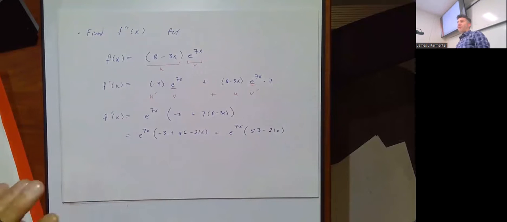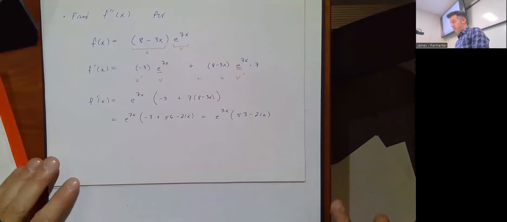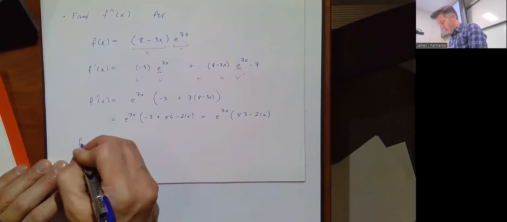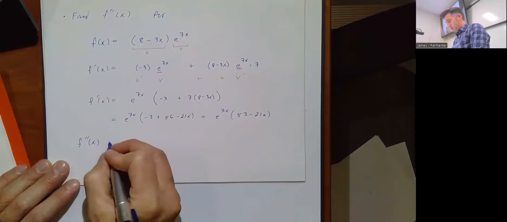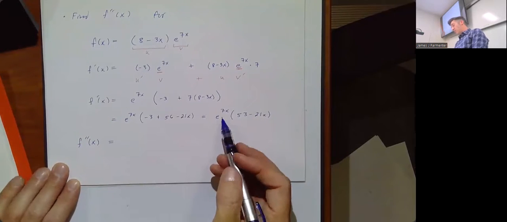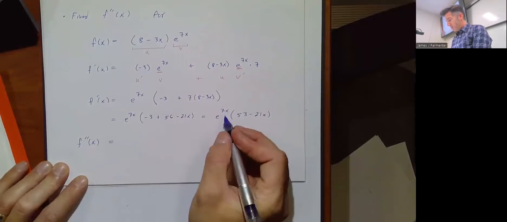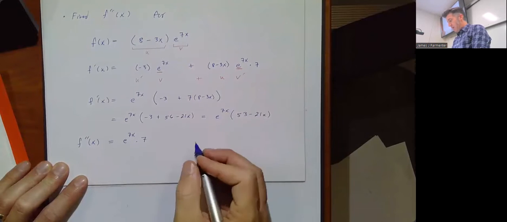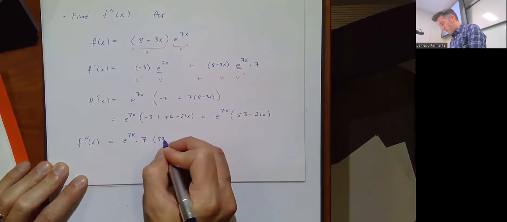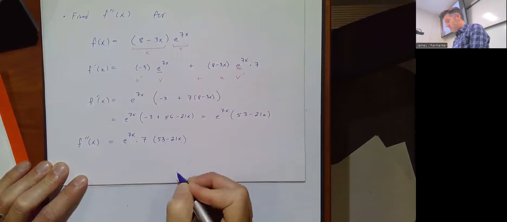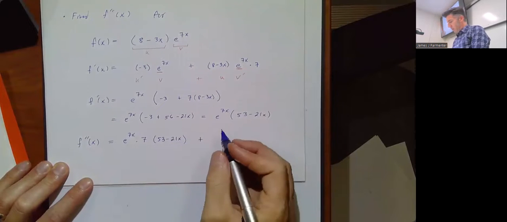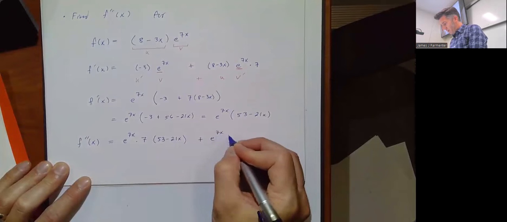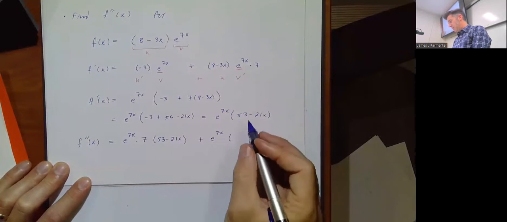And that looks a lot like the first thing we did, meaning taking its derivative shouldn't be too terrible. It's very, very similar to the function we just took the derivative of. So now to find f double prime of x. It's going to be the derivative of the first piece. So the derivative of e to the 7x is e to the 7x times 7 times the other piece left unadulterated, plus flip it around. Leave the first piece alone, multiply by the derivative of the second piece, which is 0 minus 21.